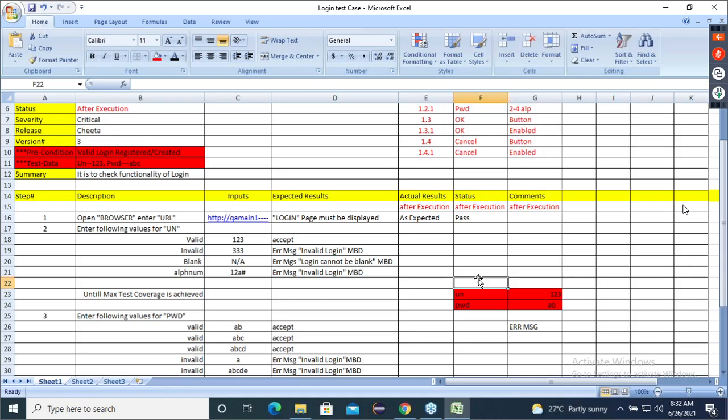One person is saying, sir, the person who is executing. Akash, can you tell me why you are saying it's a mistake of the person who has executed? What is the reason?